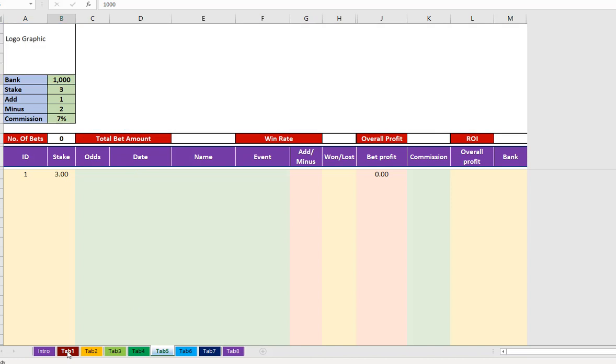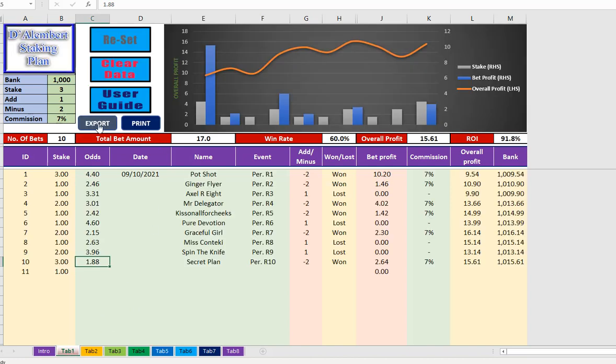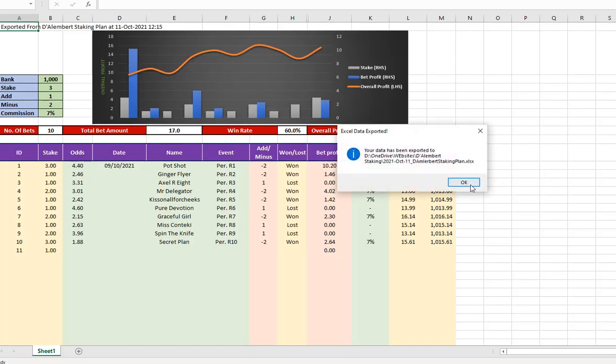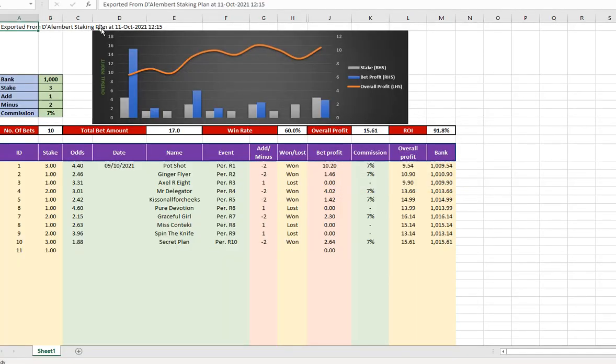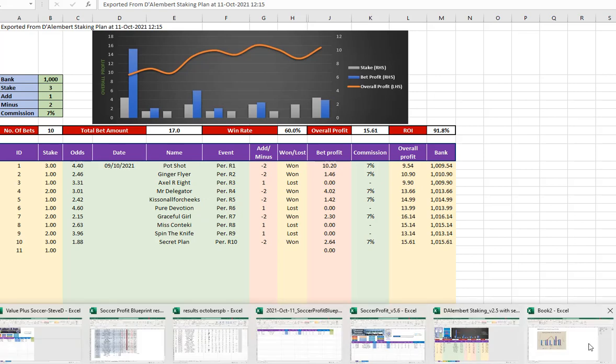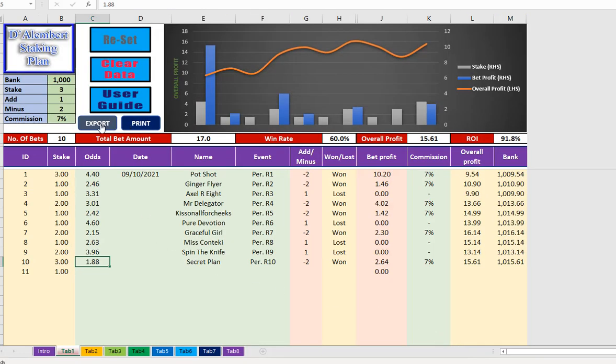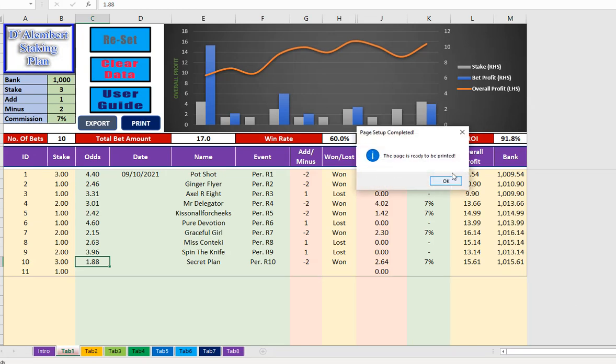So if we go to tab 1 here, we can export it, which is a great way if you want to keep records, because you can see there now it's giving you the title and it's saving the graph and your work for the day. So you can see here on the 9th of the 10th in Perth, these were all your bets, this was your results. So a great way of keeping records. Also, if we go back, we have the print one here, so we can turn it into print ready, and if we do that, you can see the little area there, it's going to be printing that.